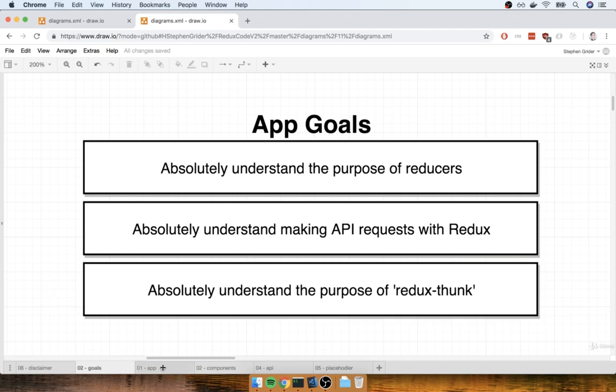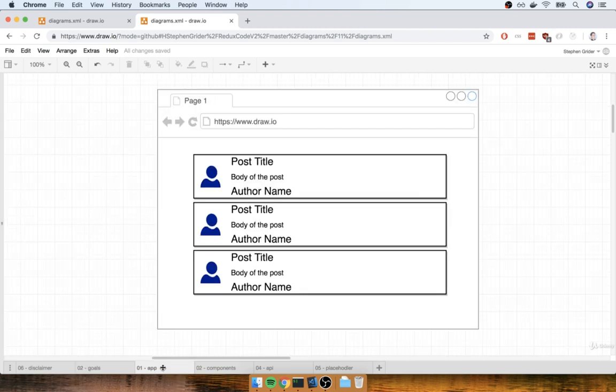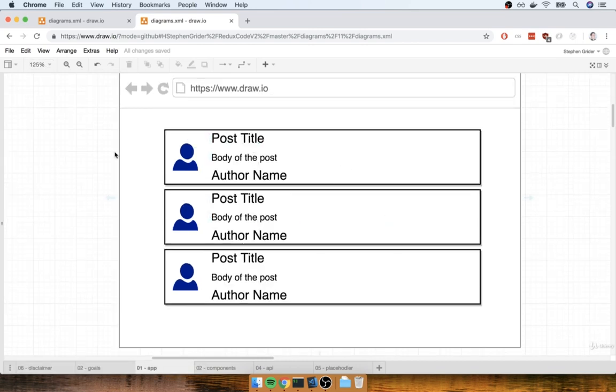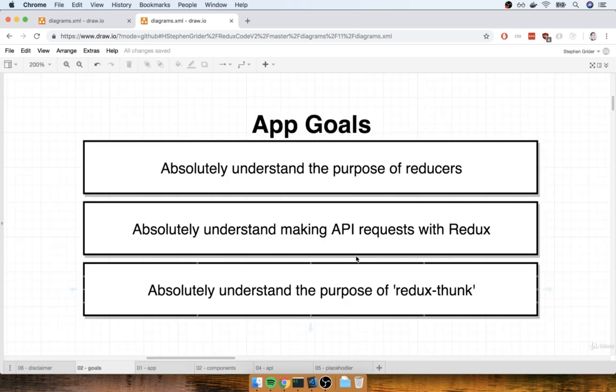So now, with all that build up, let me show you this application. So yeah, this is it. Like I said, pretty straightforward. We're going to essentially be rendering a list of blog posts on the screen that we're going to fetch from some outside API. So we're going to have a series of elements here. Each one is going to show the title of a blog post, the body of the blog post, like the actual content, and then underneath that, we'll put some author's name. And then on the left-hand side over here is going to be just a simple icon, not a picture, just a simple icon. So yeah, like I said, the application itself is very boring, but our goals here are to really understand Redux. And once we get this really great understanding, then we're going to focus on building the cool apps.